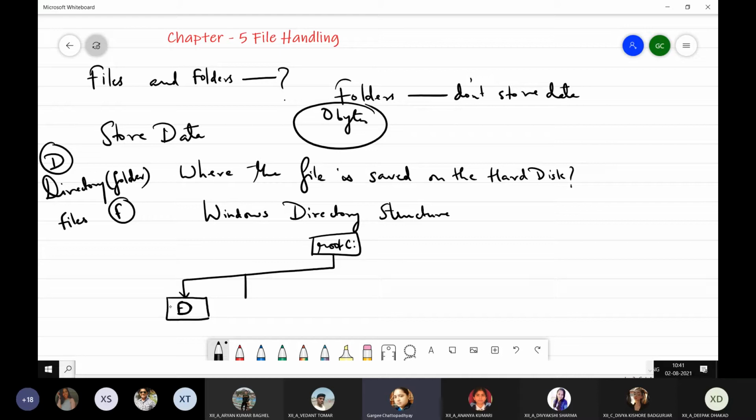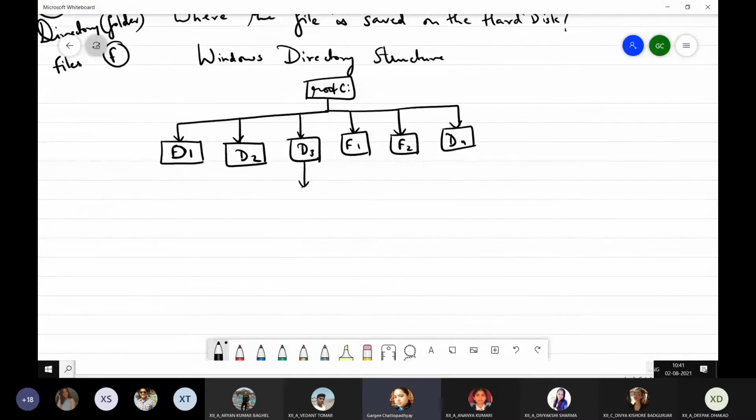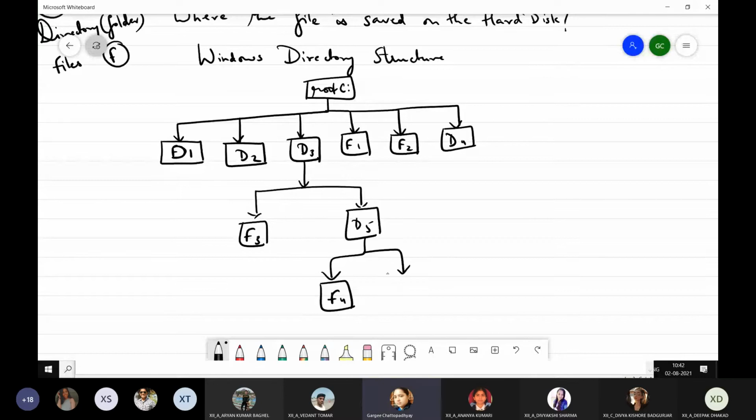So you can see D over here, this is D1, D2, D3, 3 folders. And we can have some files here like F1, F2, another folder, D4, right? Moving on, I'll go to D3. D3 contains, suppose, a file named F3 and another folder named D5, and D5 contains 2 files, F4 and F5.